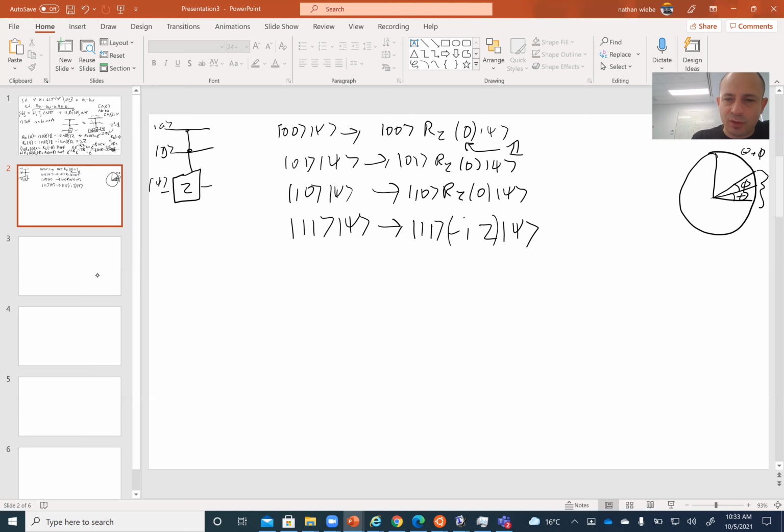Okay, which is equal to, or sorry, I should say, this maps to our RZ of pi times i, because our RZ of pi, as we showed, is equal to minus i Z, and so therefore i times this is equal to negative i squared Z, because i squared is -1, this is equal to Z. So you can see that this is sort of the truth table that we would get from doing all of